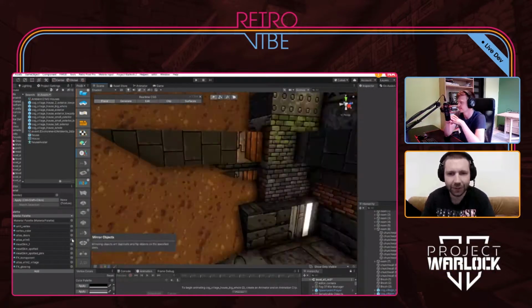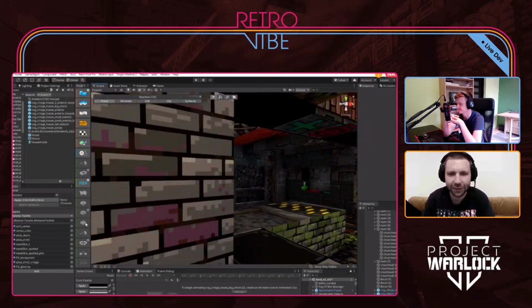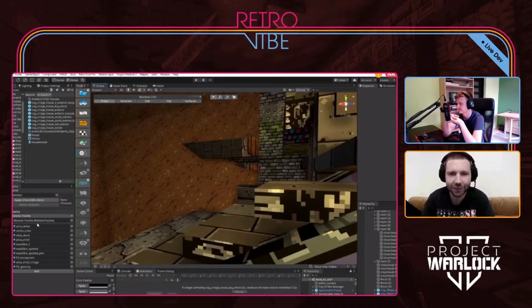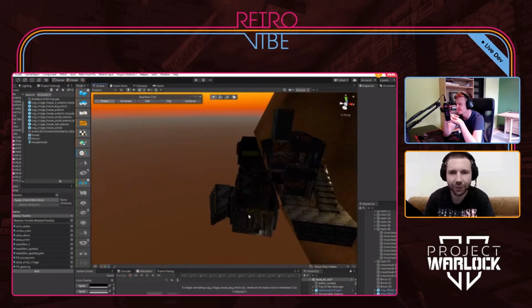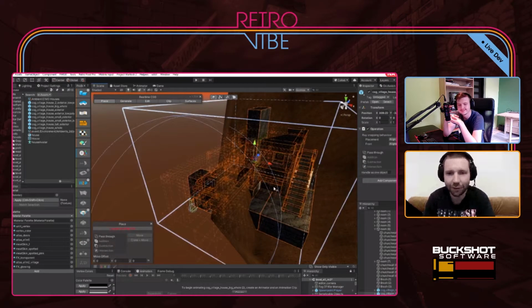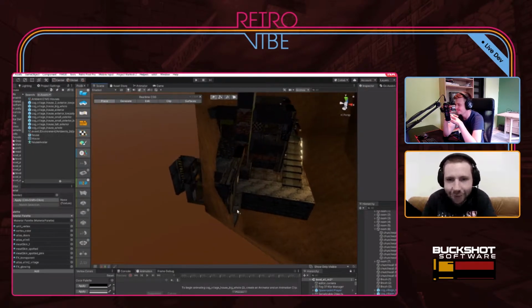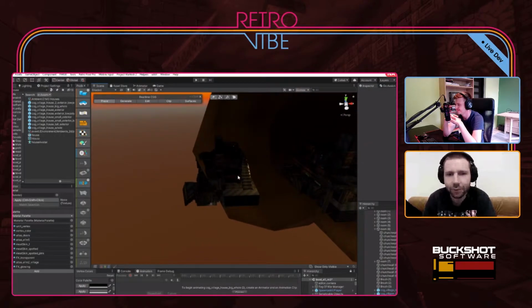But as you can see, the only geometry I can see is the interior. All the exterior walls are culled, hidden, so they do not have to render during the game or even in the editor.